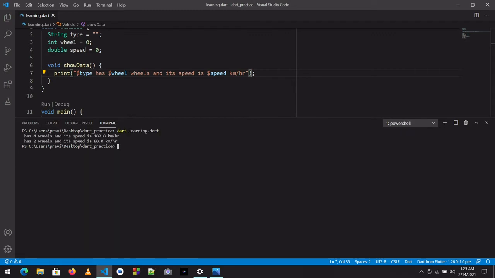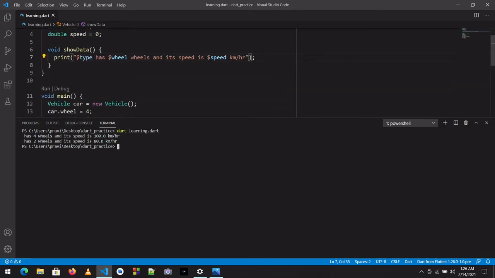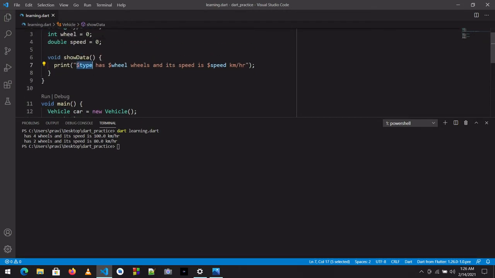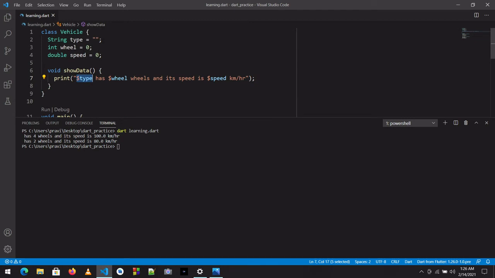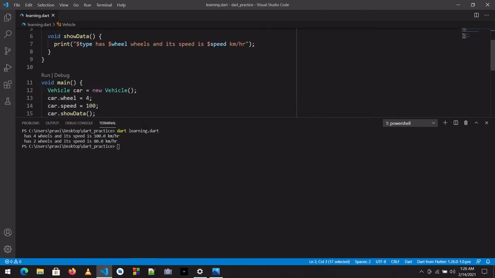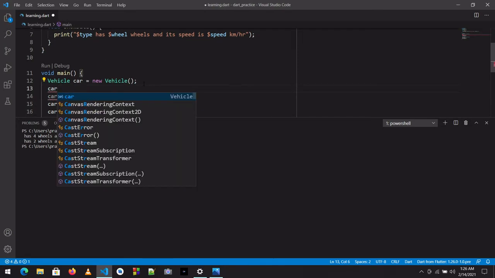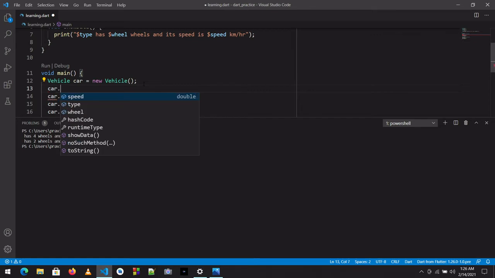Okay, so it has four wheels and its speed is 100 kilometer, and the bike has two wheels and its speed is 80 kilometer. But you would have noticed that when I just called this function, it didn't print the type of this car. The reason is that we didn't pass any value to this, we didn't change this type value of this class. So we can do that again by writing the car object dot type